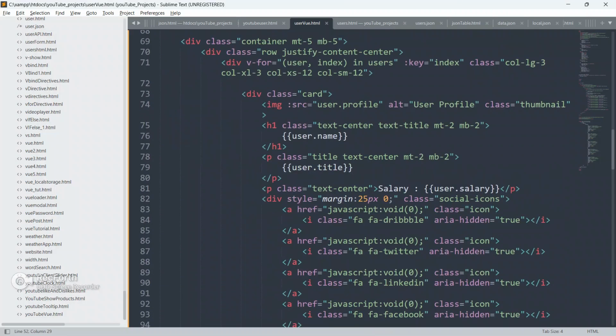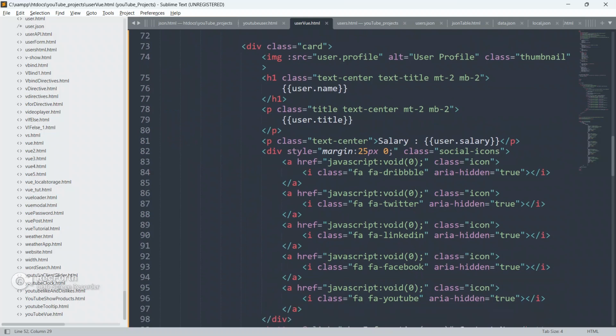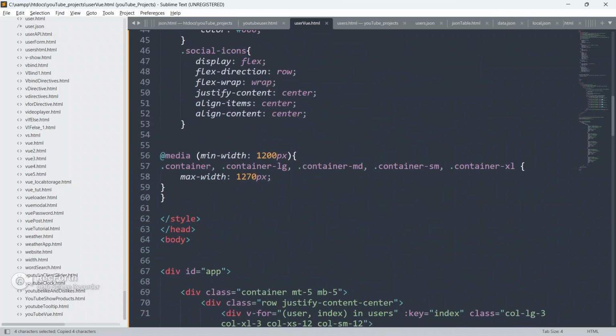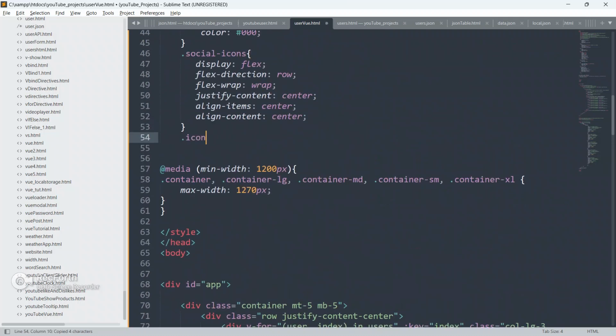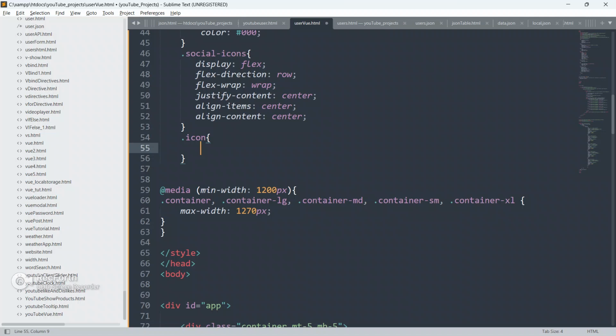Now go again in the code and now I will copy this icon class, and go here, paste it here and I will style it now.